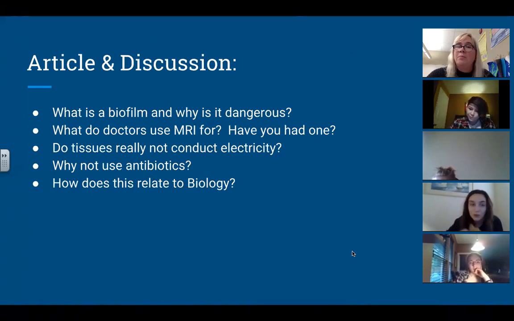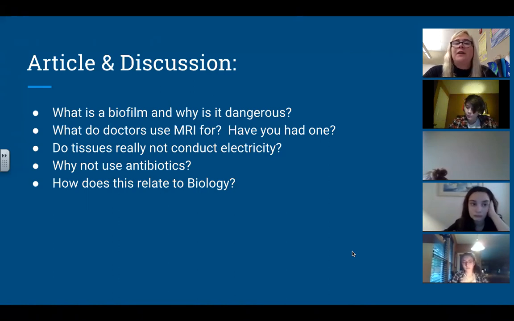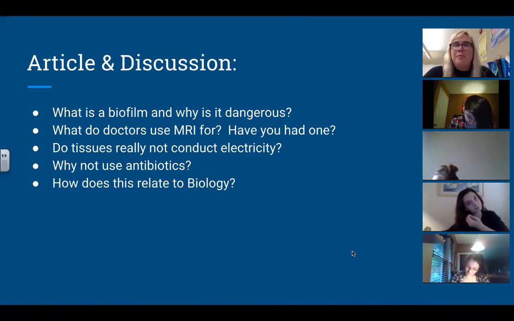You need a new hip. You need a new knee. You need a piece of metal implanted into your body because you had some kind of problem, right? They said something like 1 to 2% of people with the metal joint develop it. Old people, yes, right? So 1 to 2%, that doesn't seem like an extreme amount of people. But if we're thinking about how many people get replacement hips, 1% of that many people is still going to be a decent amount of people.